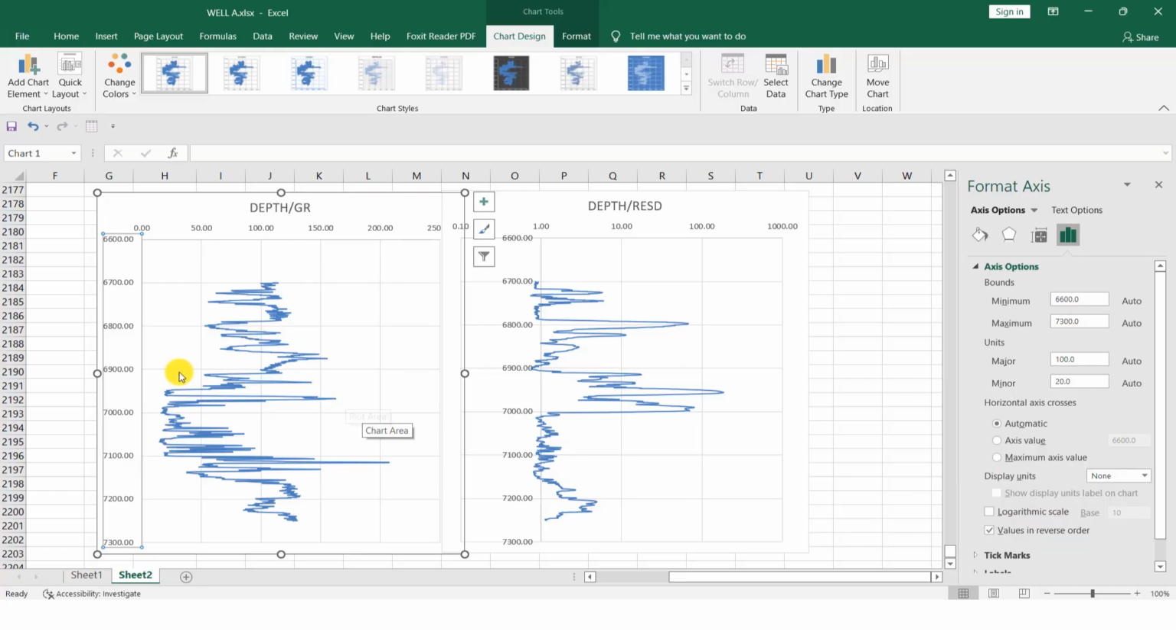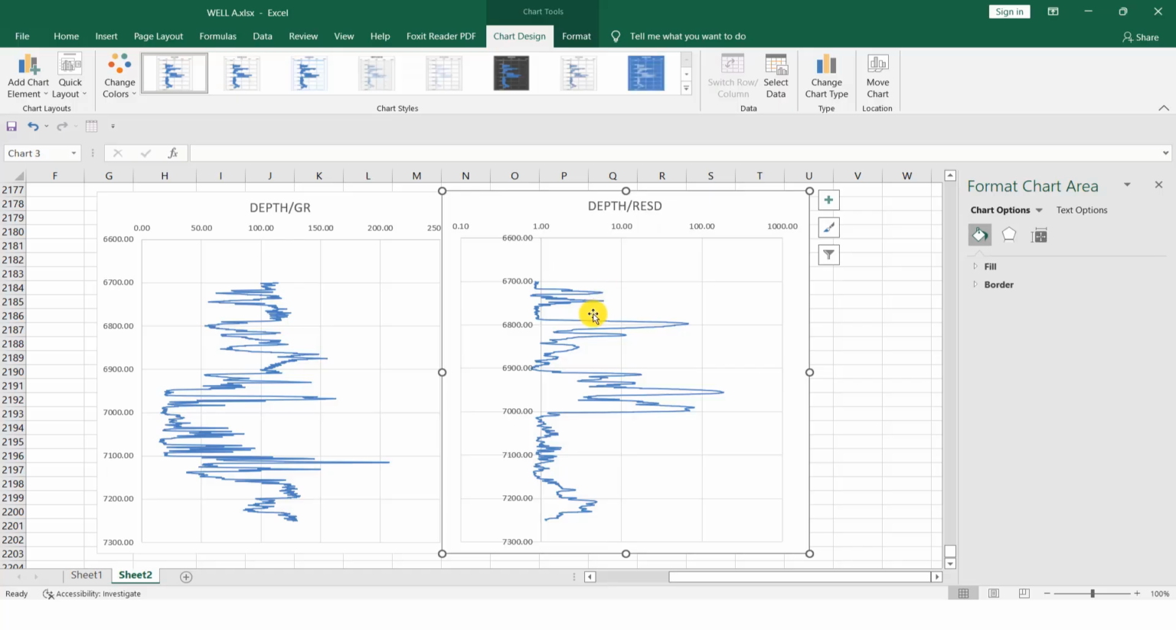All right, so now you have from 6,600 down to 7,300. The same with the resistivity log. Okay, so now we have placed them side by side and they are in the right depth. Now let's remove this depth since we have one depth axis here, to make our work more meaningful. All right, and to remove that, double click on this axis, particularly on the values, and then click on this